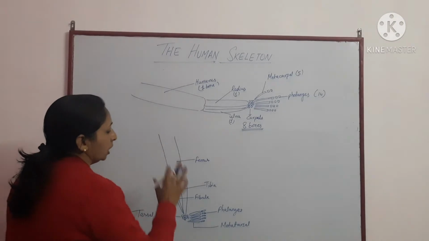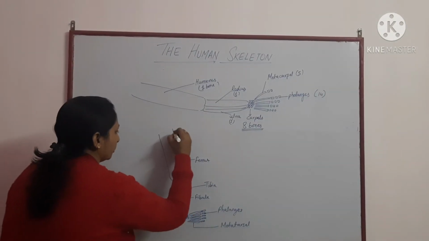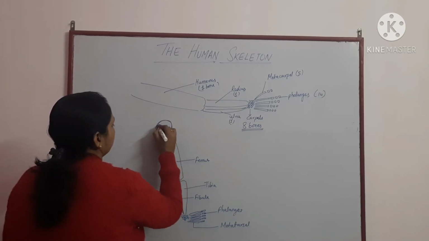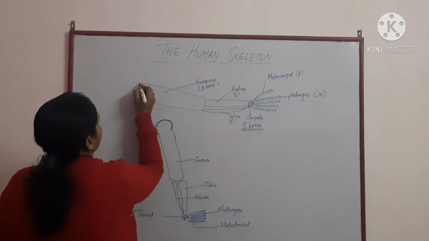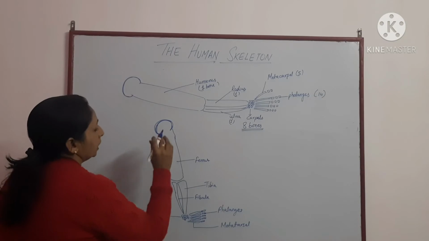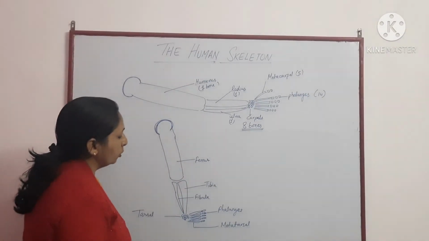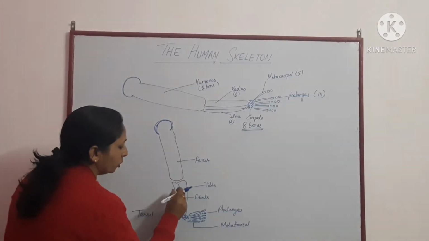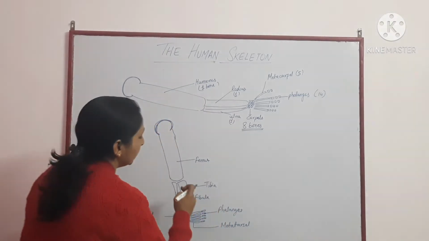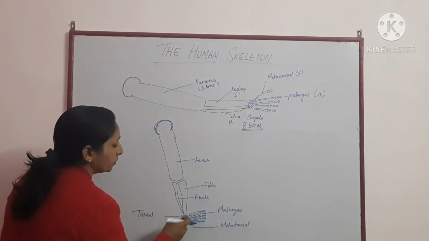Now come to the hind limb or the leg portion. This is the long bone with a head. This is termed as the femur, and this is the femur head. The long bone is the femur bone. The thick bone in the next part, below the knee portion, is the tibia. The thin bone is the fibula. Just below is